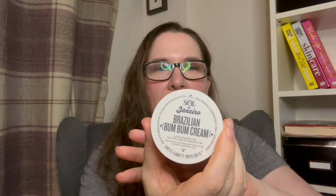Ooh, next one. Oh, this one. It is the Sol de Janeiro Brazilian Bum Bum Cream. This one I got, again, probably from an advent calendar. Most of these things are probably from an advent calendar or an edit box. I can't remember exactly where. But yeah, I really liked this one. Used it all completely. It smells amazing. Not edible, just a holiday vibe. Absolute holiday vibe. I don't know, is it coconutty or...